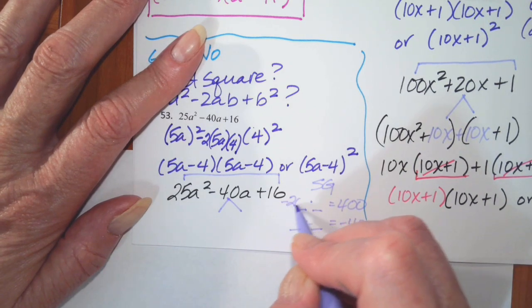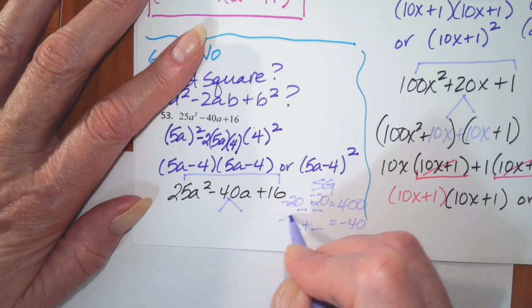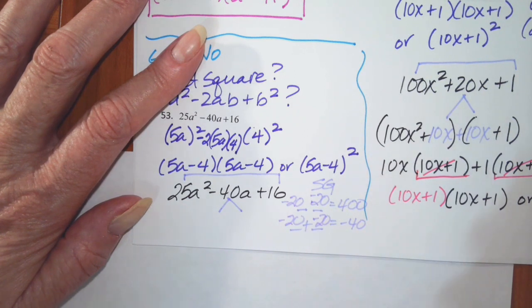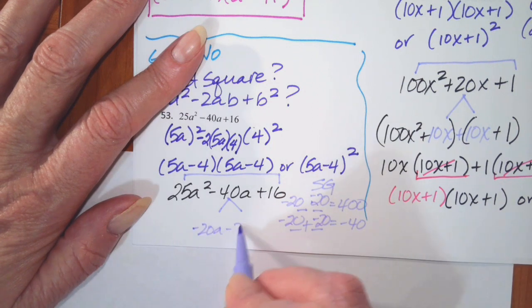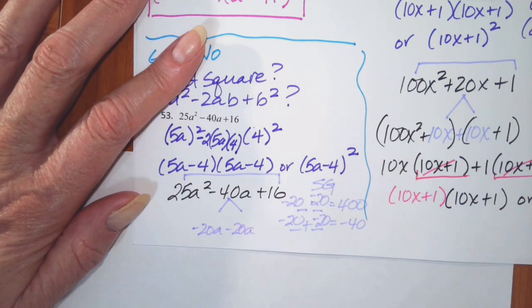And those numbers are negative 20 and negative 20. So this becomes negative 20a minus 20a,